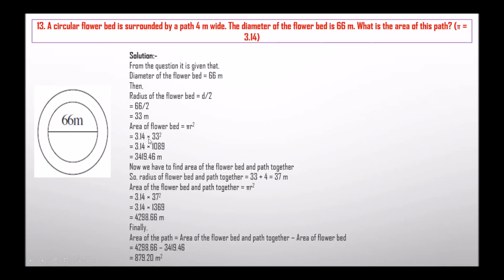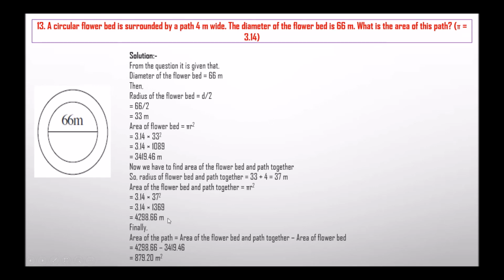So 3.14 into 33 square, that is 3419.46 meter square. Now we have to find the flower bed and path together. So radius of flower bed and the path together equals 33 plus 4, that is 37 meter. So area of flower bed and path together equals pi r square. So 3.14 into 37 square. So that is